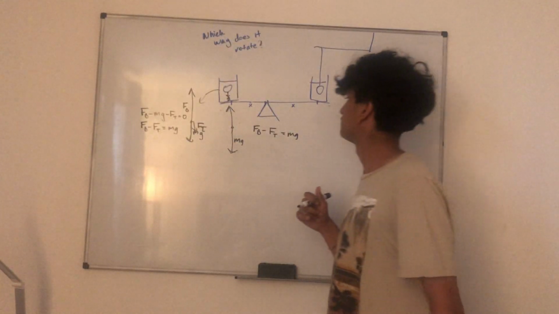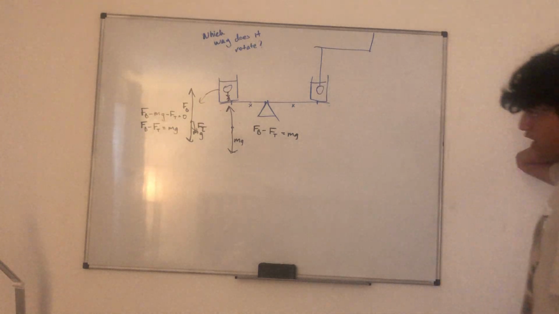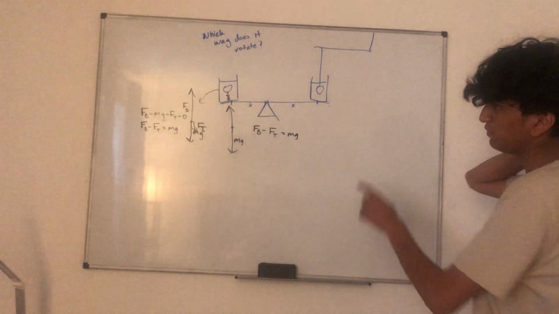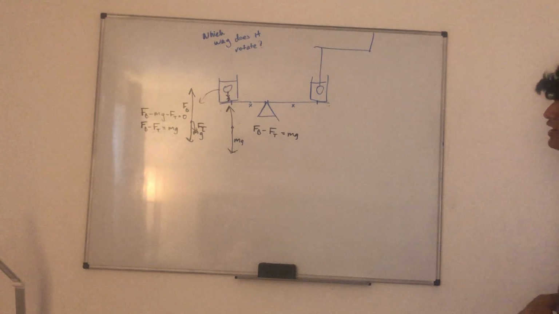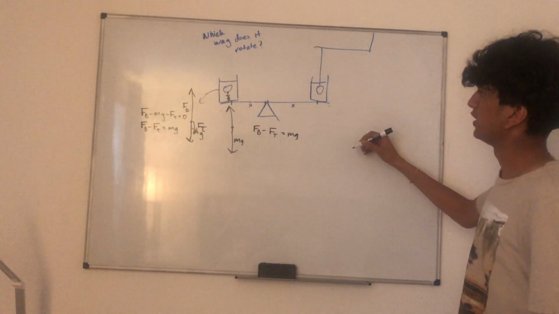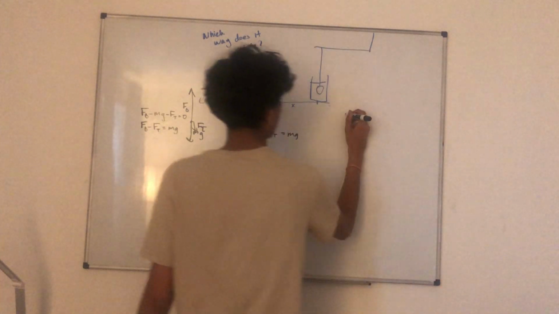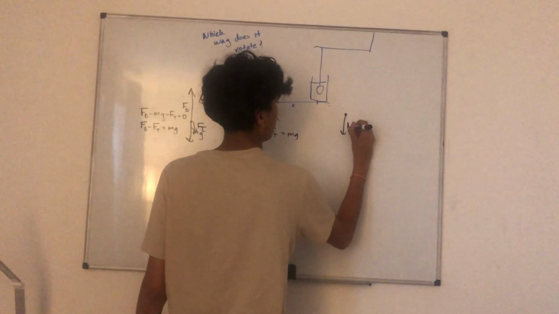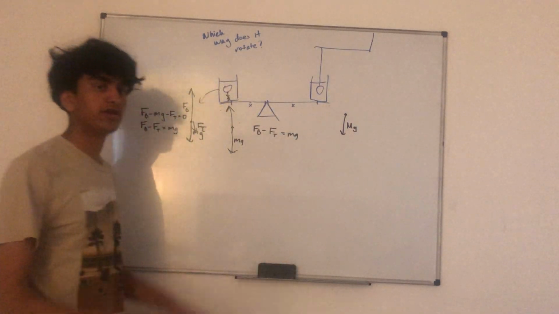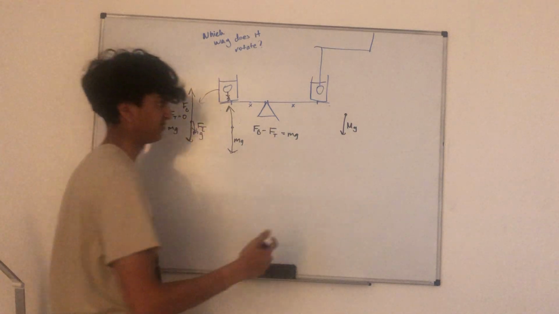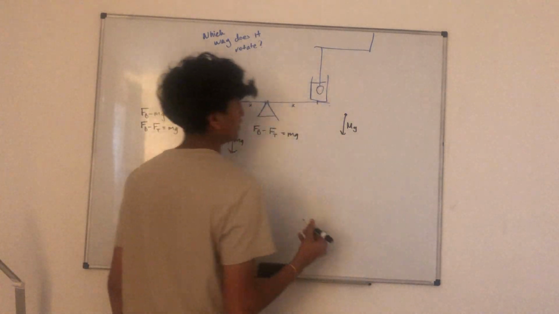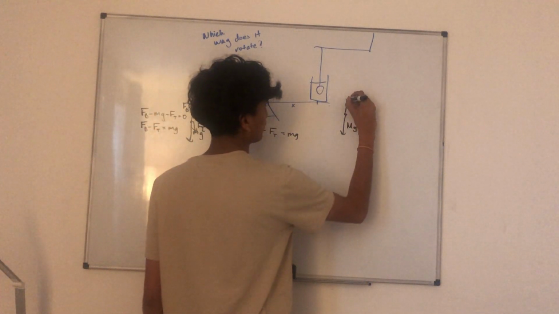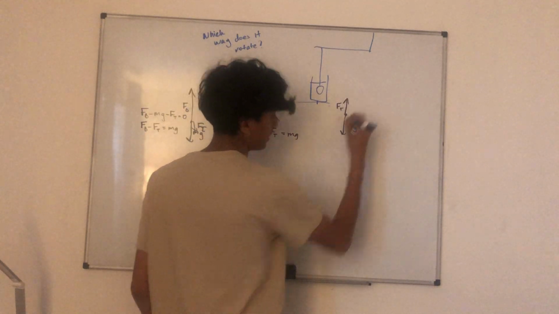It's pretty cool. So now we're going to do the same thing for this guy. And really what we can do is draw this FBD for the ball. Big mg, because it's a little bit more massive, right? More dense, same volume, more mass. Mg, there's going to be some Ft upwards, but there's also going to be still,